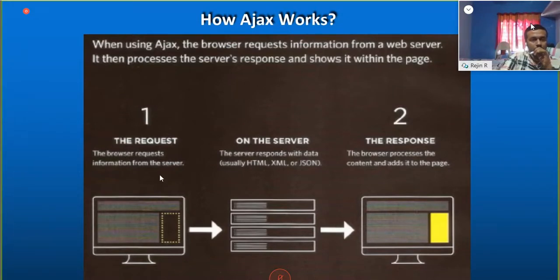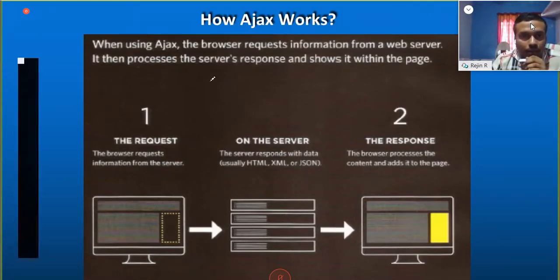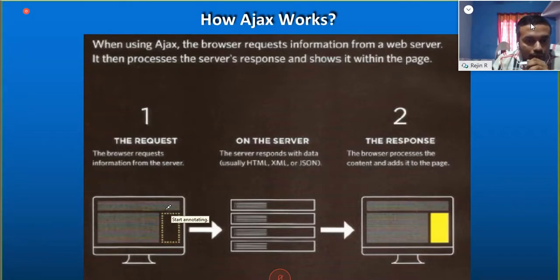Whenever we make a request, we can make a request for parts of this website. So like this, I have to update only this part of that website. So a request is made. You can compare it with our previous map example. Imagine that this full portion is the Google map, and only this portion is not getting loaded. So we want to load this portion. Only this portion needs to be loaded.